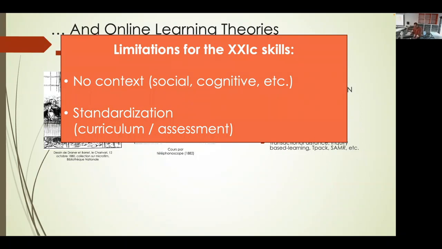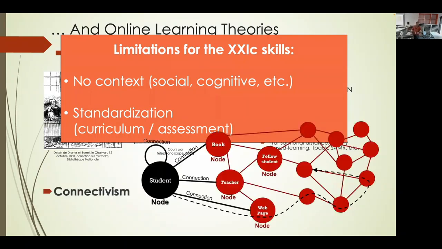We have another theory, connectivism. I present it as the best, but nobody knows what it is exactly. Connectivism from Siemens. If I can summarize, it's to put more value in the connection than in the content. It's more important to know how to locate the knowledge than to memorize the knowledge. So no matter if it's a content or a person, you have